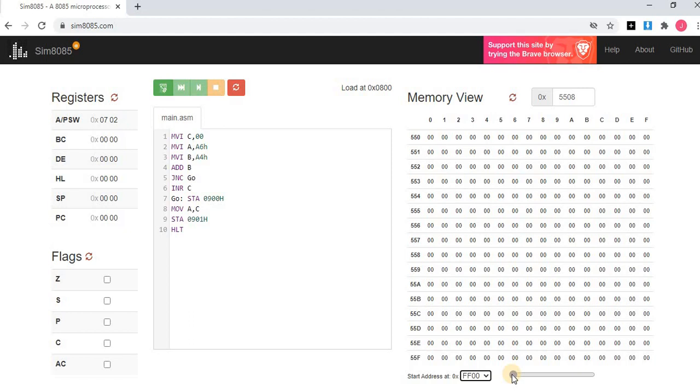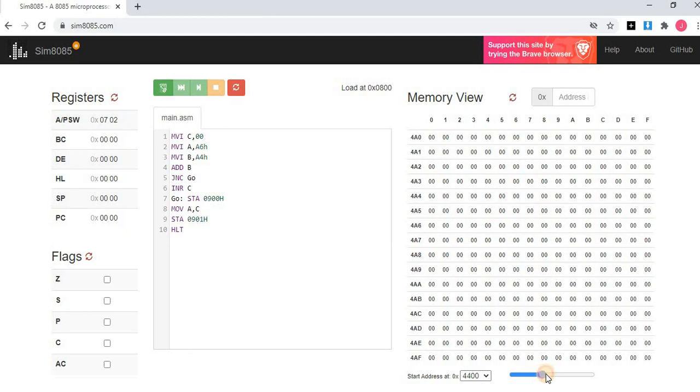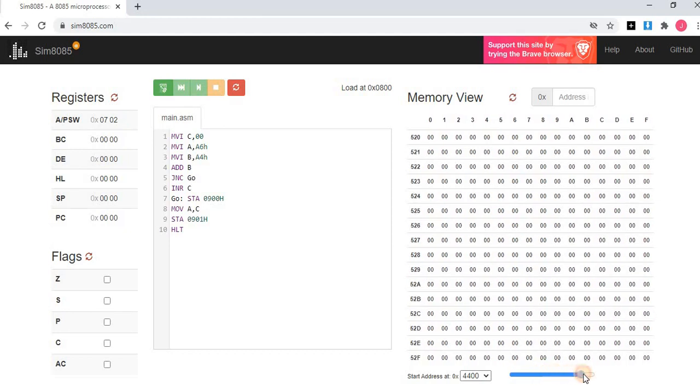Another option is a sliding bar. With the help of the sliding bar, you can change the memory locations. For example, it will change these address locations. With the help of the slide bar, you can navigate your memory locations. So this is your memory view. Your memory view is available from 0000 to FFFF, but